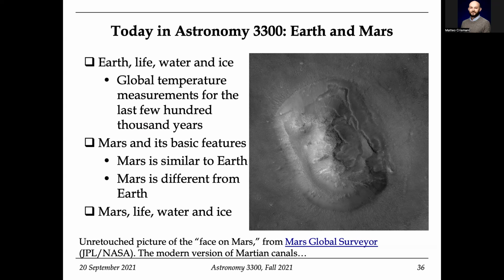So, this is a real object. This is called the face on Mars, but it's from Mars Global Surveyor, and it's a rock. It's a mountain. But that's fine. Mars is similar. Mars is different from Earth. And we'll talk a little bit about it at the beginning of the next class. We'll talk about water, earth, life, and ice, in the context of where did it get its ice, where did it get its water, and we'll talk about Mars, life, earth, water, ice, because I think these are very important in the context of planetary